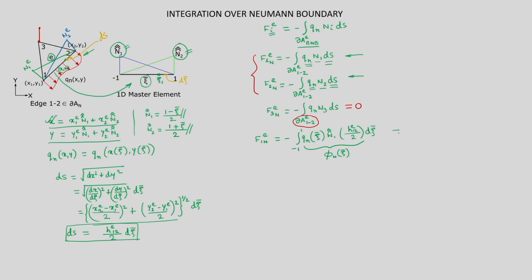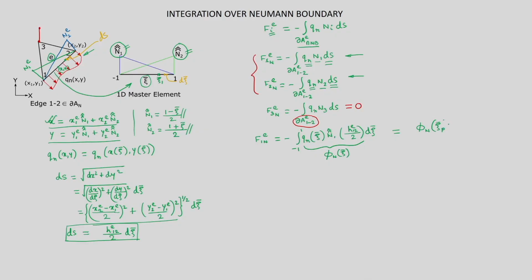So what we will do is evaluate phi 1n at the Gauss points, corresponding to the one dimensional case. So we take xi bar p, multiply with the corresponding weight wp, and sum it over all the Gauss points 1 to ngp, and the minus sign is there beforehand, so we have to carry that forward. So we are evaluating the integrand at the Gauss point p, multiplying with the weight w and summing it over all the Gauss points.